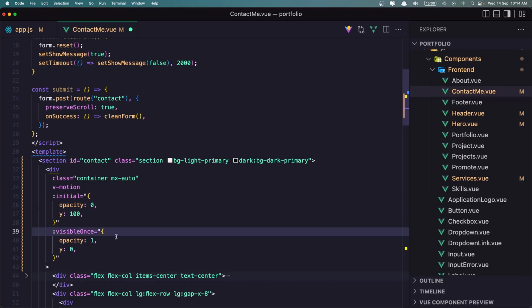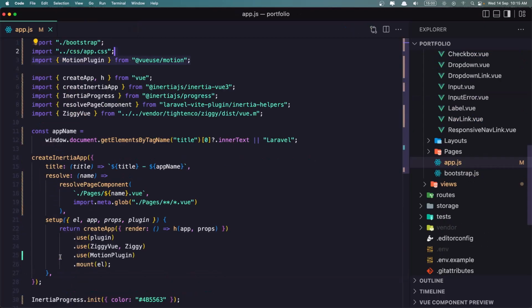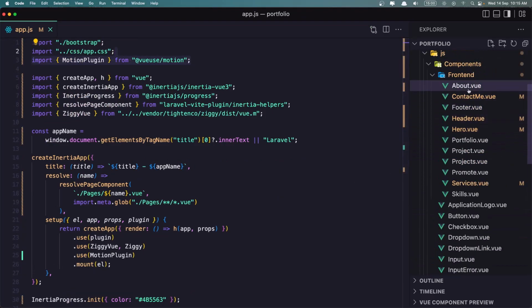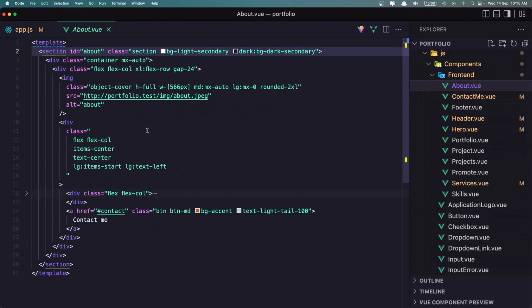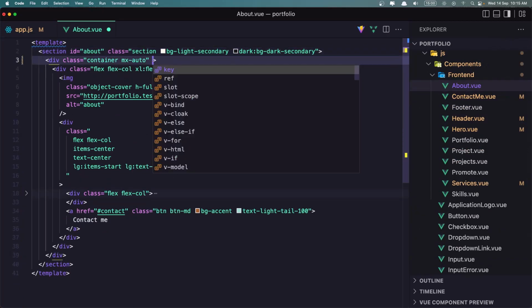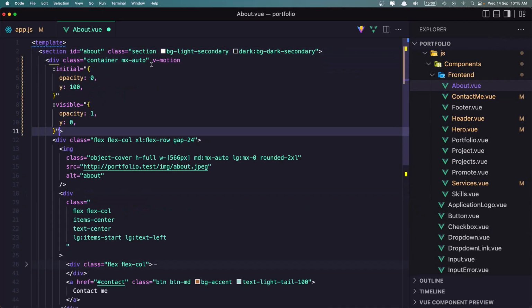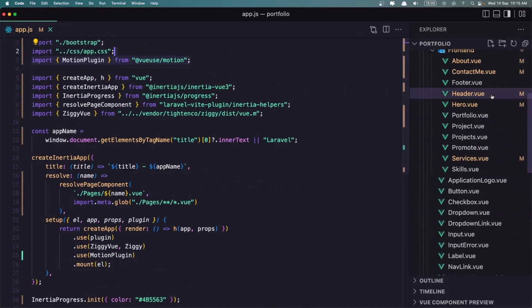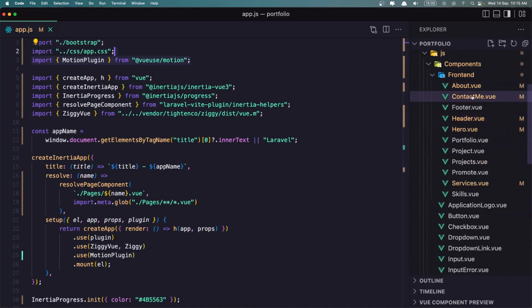Okay. Let's copy this and add the others. So let's save, close this one, and let's go on other. So on the about, do the same thing. On the div with container, paste that in, hit save, close this. The second one, about contact,